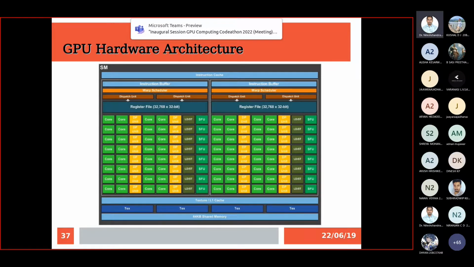Fine. Now again, this is a very basic GPU architecture, but in recent GPUs, you may find that one streaming multiprocessor has 128 or 256 cores, and there may be multiple such streaming multiprocessors, maybe 16 or 32, likewise. So this is how we calculate the total number of cores present on your GPU.